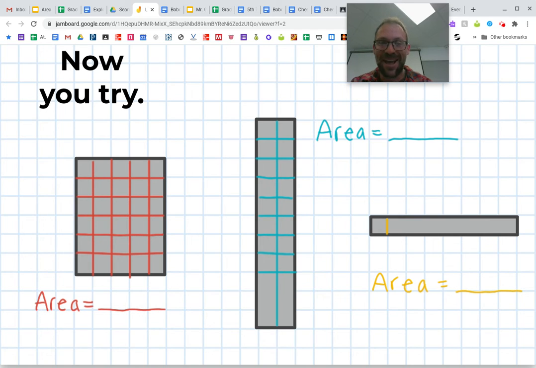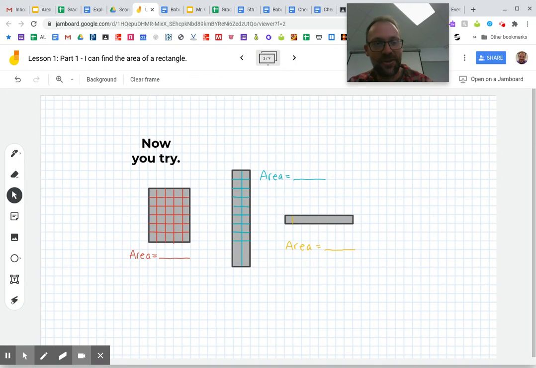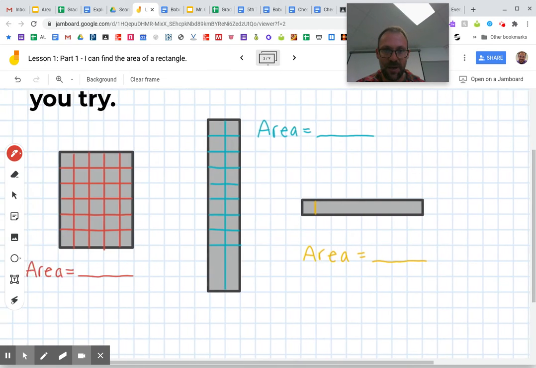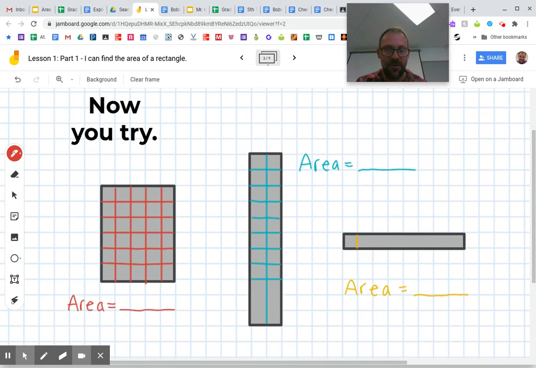Okay, welcome back. Here we go. In this red rectangle here, let me go ahead and get my marker ready to go here. And let's zoom up on this. All right, here we go. We're going to start with this red rectangle here. We're going to count the squares. We have